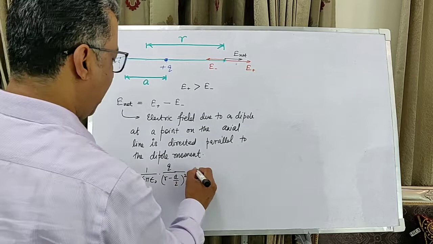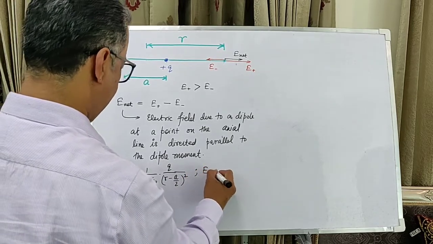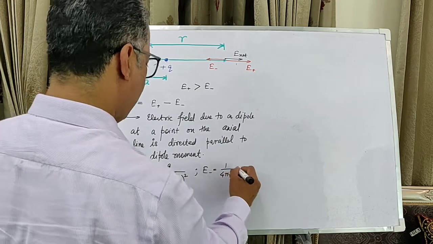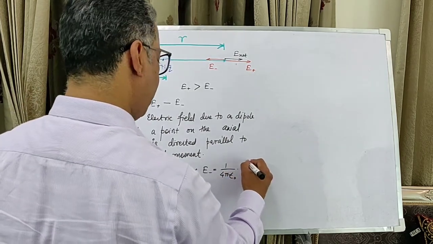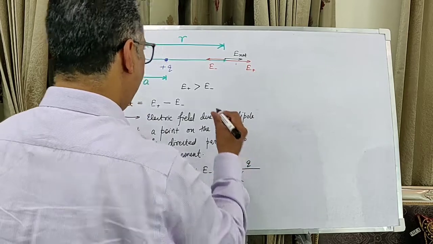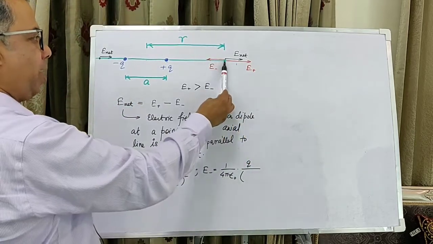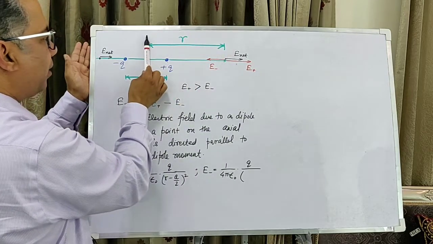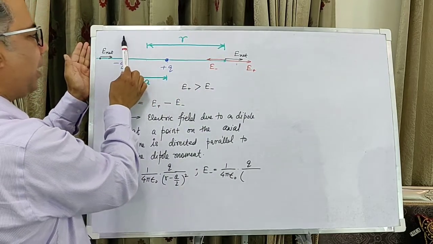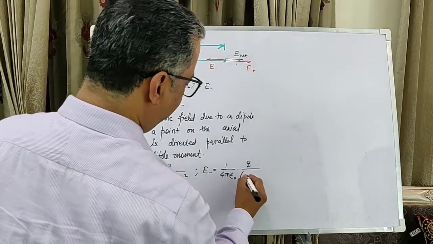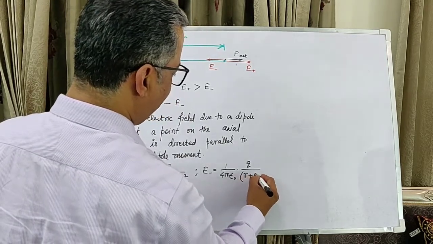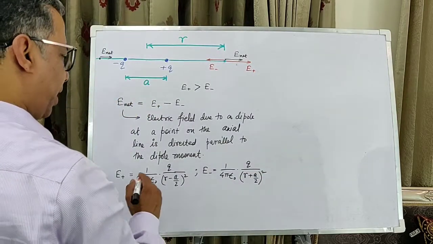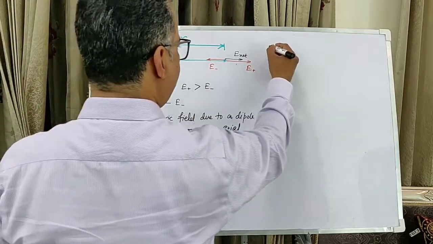This is E plus, and then E minus is 1 by 4 pi epsilon naught q by the square of this distance. Now this distance is r plus a by 2, and therefore we have r plus a by 2 whole square, and therefore now the net field